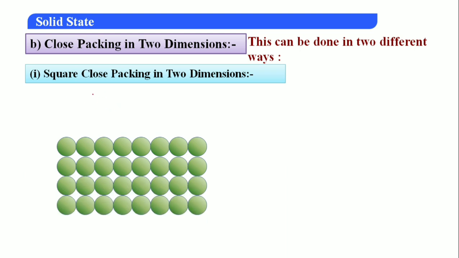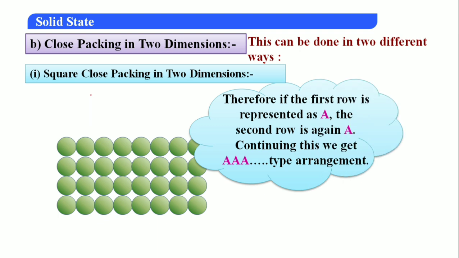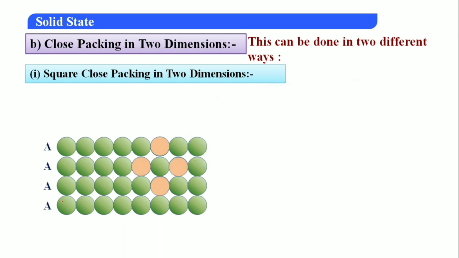Once again, if we calculate the coordination number in this particular case, this is called an AA type of arrangement because this is A, this is A, this is also the same type. Hence it is an AA type of arrangement, and the coordination number of this one sphere, which is in immediate contact with these, is a total of 4. So remember, coordination number is equal to 4.